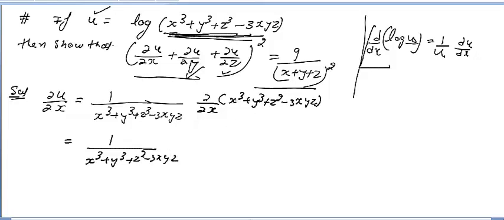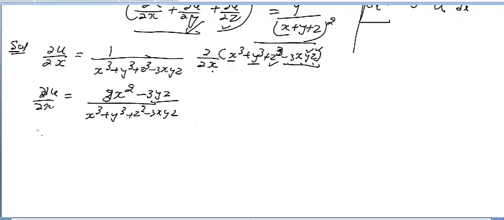Now derivative of x cube with respect to x will be 3x square. Derivative of y cube with respect to x is 0, because this will become constant, it is cube here. So derivative of z cube with respect to x is 0. Now here y and z are constant and 3 is constant. 3 is outside, y is outside, z is outside. Derivative of x with respect to x will be 1. So you have only minus 3yz. So this is the derivative of u with respect to x.